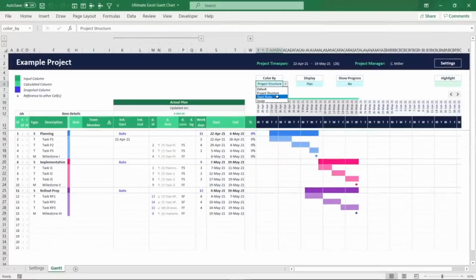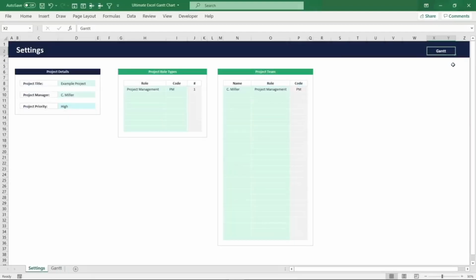The Team Roles color mode allows you to visualize the project based on the respective role that the project team members responsible for an item got assigned. Right now, only the project manager C. Miller is available here, but once we open the settings area, we get access to an incredibly powerful project role